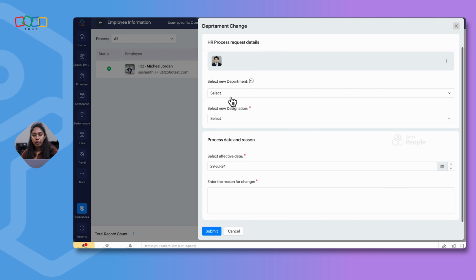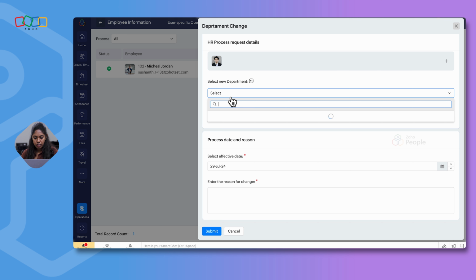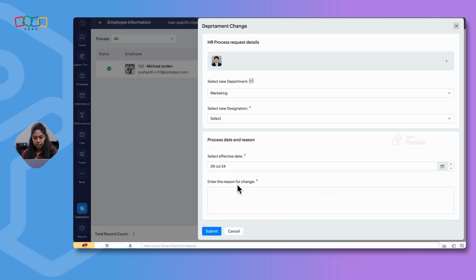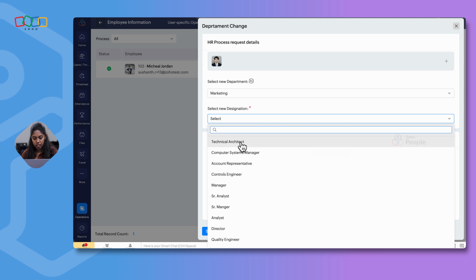What is the new department that has to be updated? You can select a new department and then a new designation. This new designation is the secondary field that we have enabled, and we have also made this secondary field a mandatory option, so we'll have to select a new designation now.